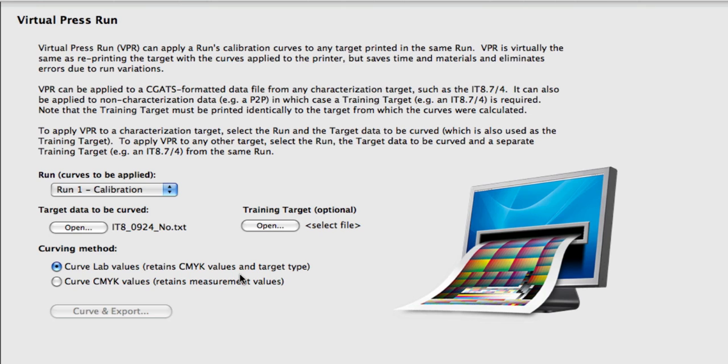There's a lot more calculation required in this particular method. But when you're done, it saves out a measurement file, and the CMYK values are unchanged, so it's still an IT8. And if your profiling software requires that, then that's the method you want to use. But if you have profiling software like, say, Profile Maker, for instance, that will accept a wide range of CMYK values,